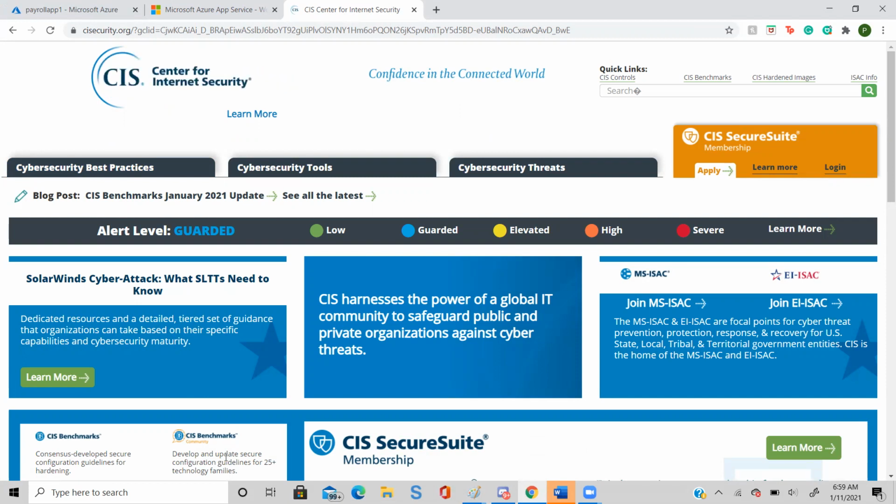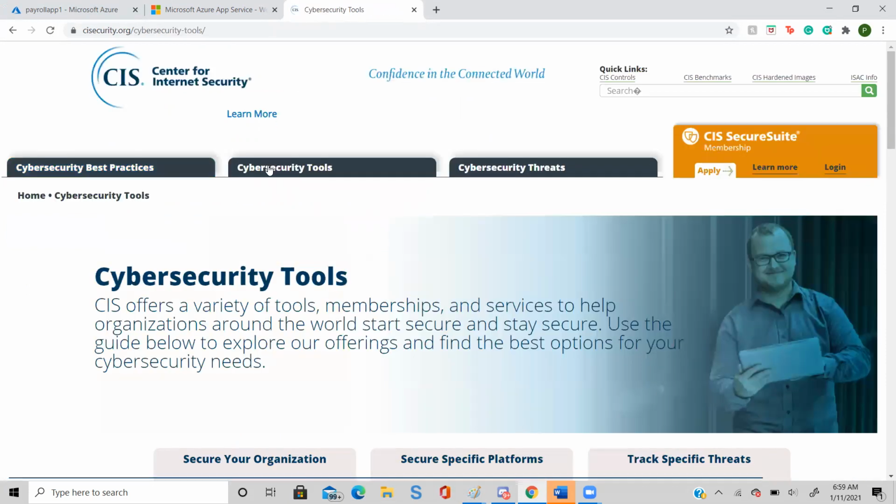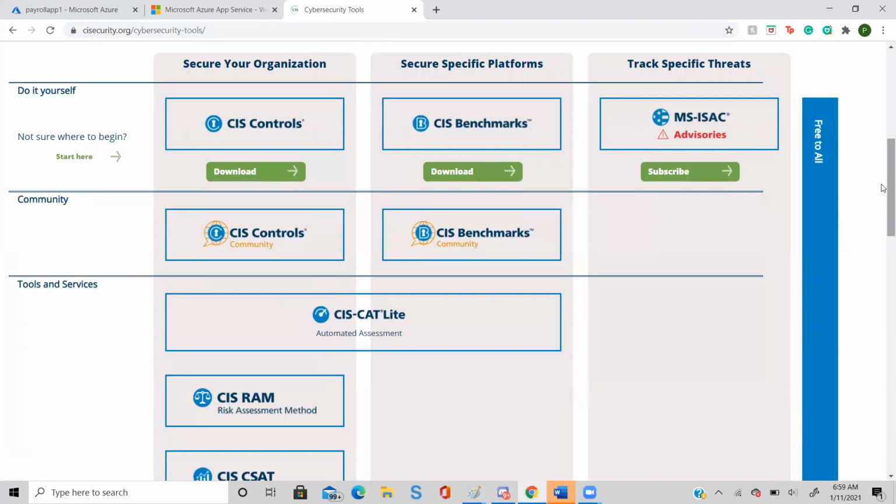Click that. Scroll down. Now you see that there is something called CIS Benchmark.